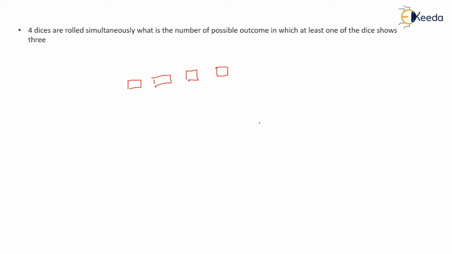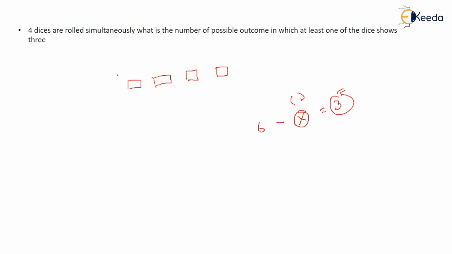So from the total cases, if I separate those cases where there are all numbers except 3, then I get the cases with 3, means all 6 numbers. Okay, all 6 I am filling, means there are all outcomes. From the total outcomes, if I separate all the numbers excluding 3, then I will get those outcomes which have 3, right?